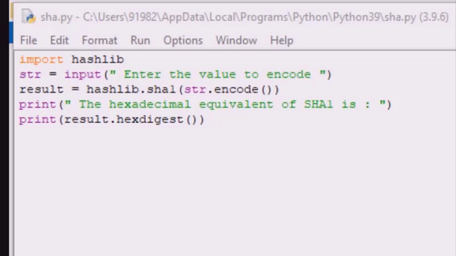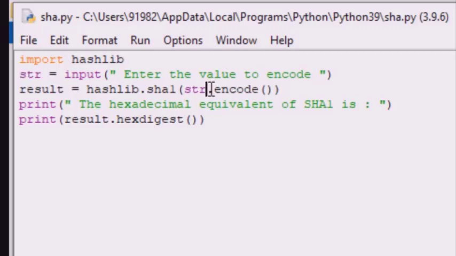The main functions which we are going to use are encode and hexdigest. The encode function will basically, students, convert the string into bytes, which is acceptable by the hash function. As you can see over here, we are using the variable str, in which we take the input from the user, and this str we convert into bytes.